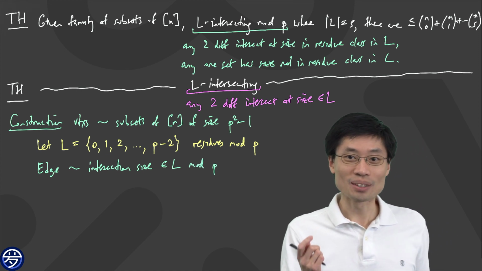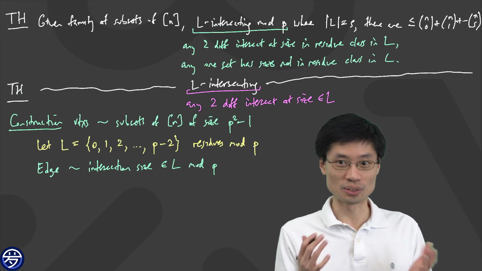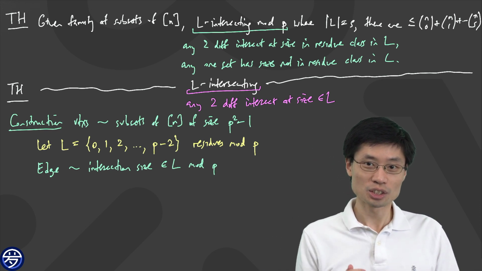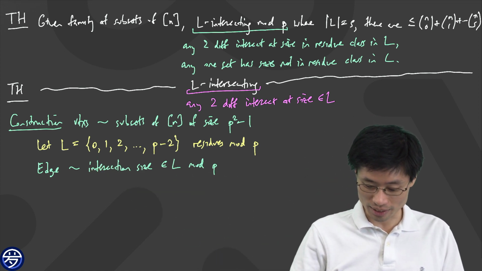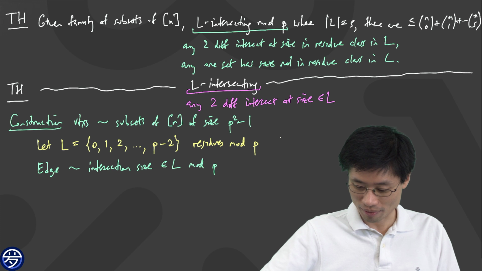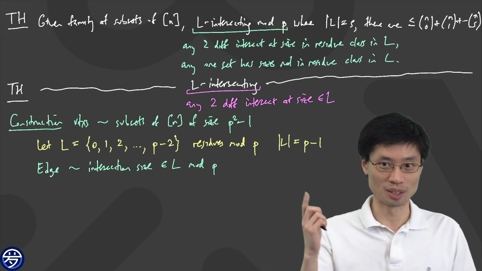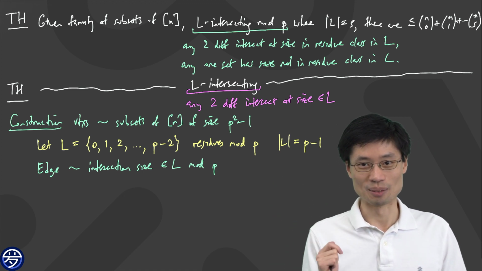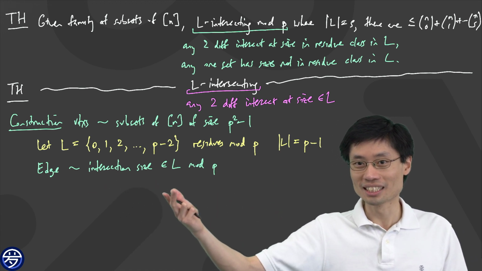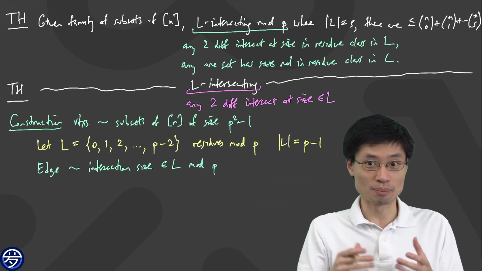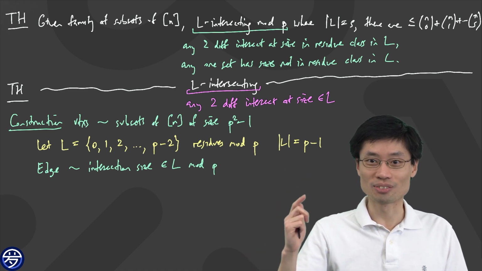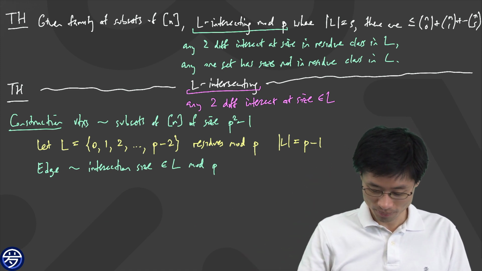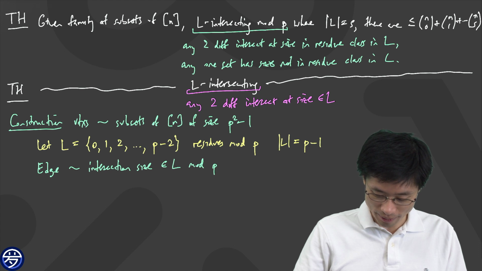Okay, so now when I do this, I automatically am in the first situation in the Frankl-Wilson result. In the first situation, what I just found out is I have a set L, and the size of the set L is exactly p minus 1. That's my S that I'm going to play with. And now I have all of these edges, so I can bound my clique. The biggest clique I have, by the Frankl-Wilson result, has something to do with this S.